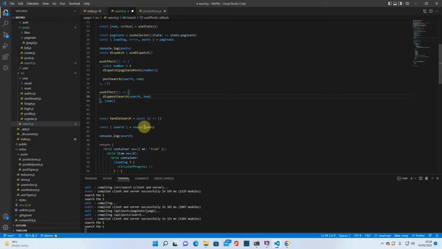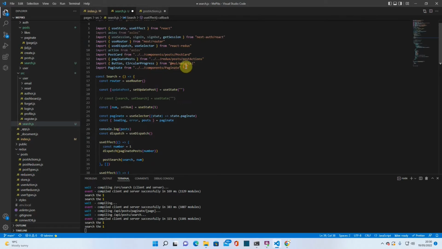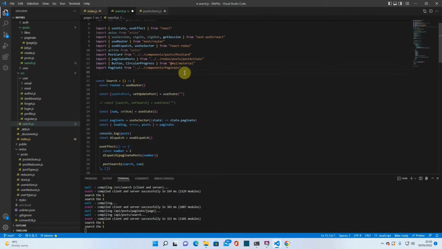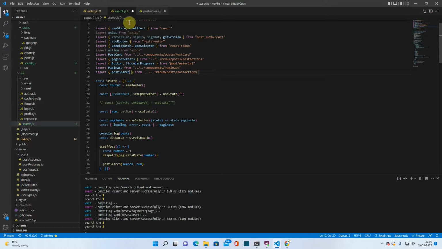If I can spell dispatch. And then what we need to do is bring in this post search from where we just created it. Import post search. There it is, from Redux post actions, that one. Right, and then